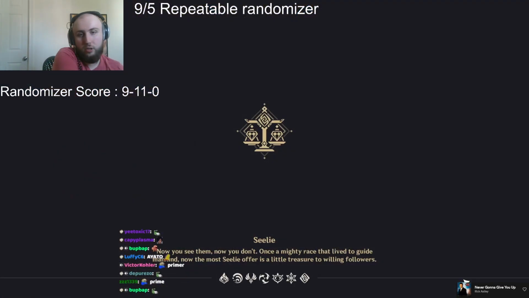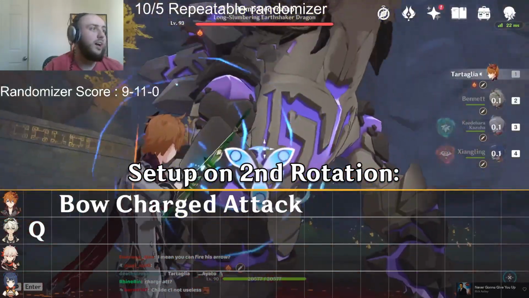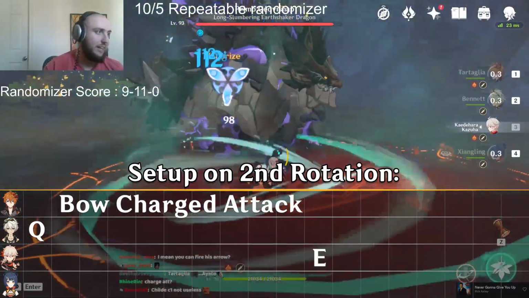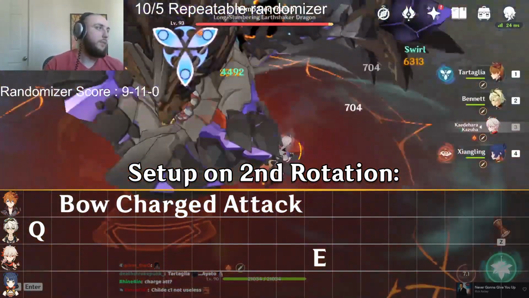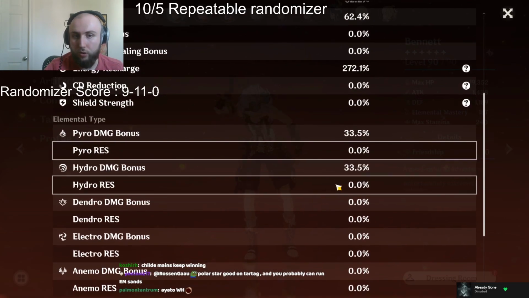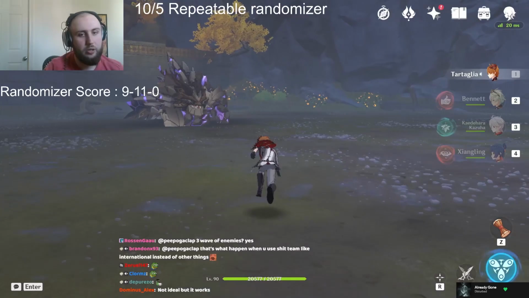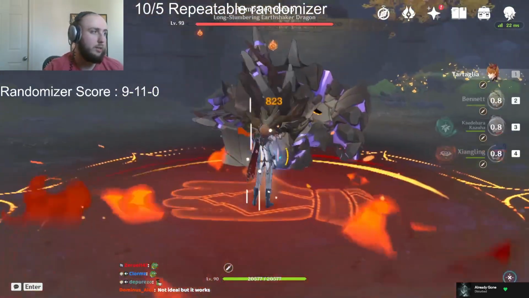But, another thing you can do is do a slightly different setup. You would do Bennett Burst, Childe Charge Shot, and then Kazuha hold E. And that is the way that we get our double swirl. This is not a rotation that you can actually do on your first rotation, because if you do it like this,